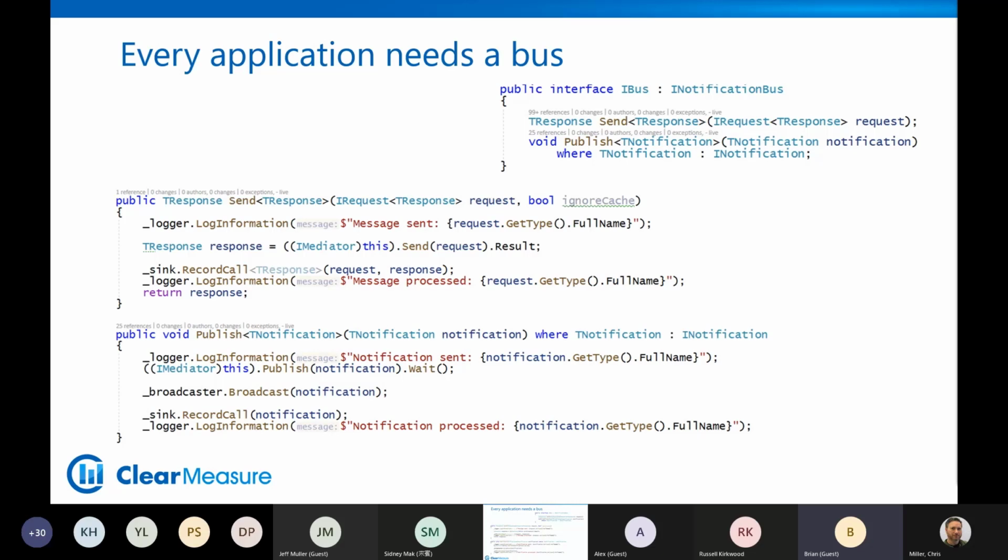I don't ever want to, no, this isn't just 80%, this is like 99%, I don't ever want to use the abstraction that is defined in a third-party library, like the mediator library, all over my application, because then I'm taking an implementation detail from a library and making it a first-class citizen in my application.